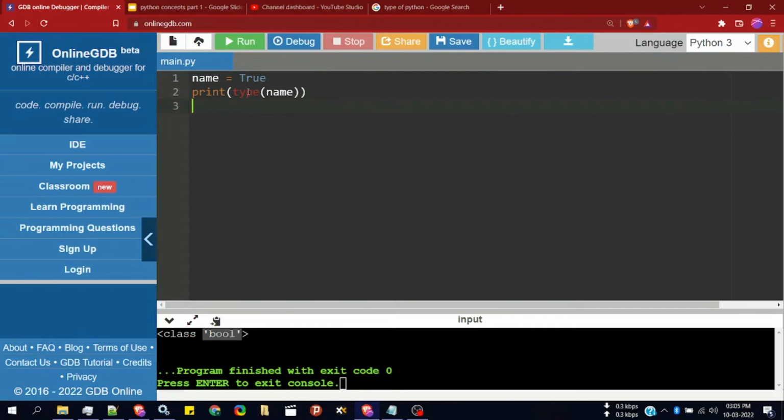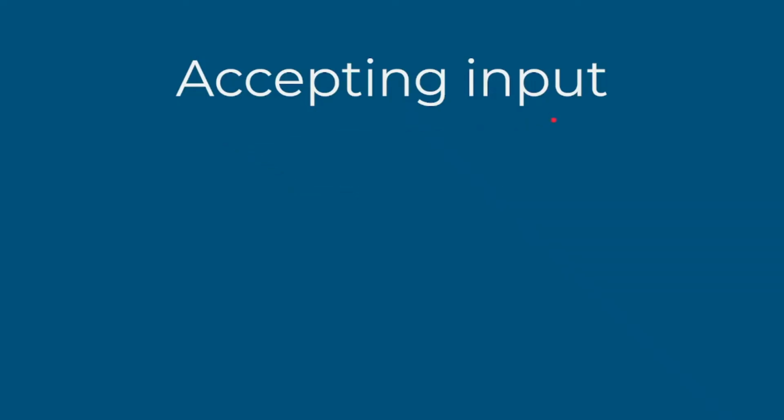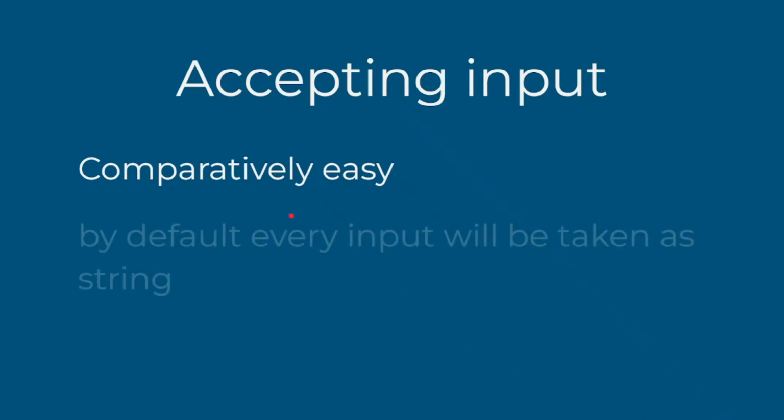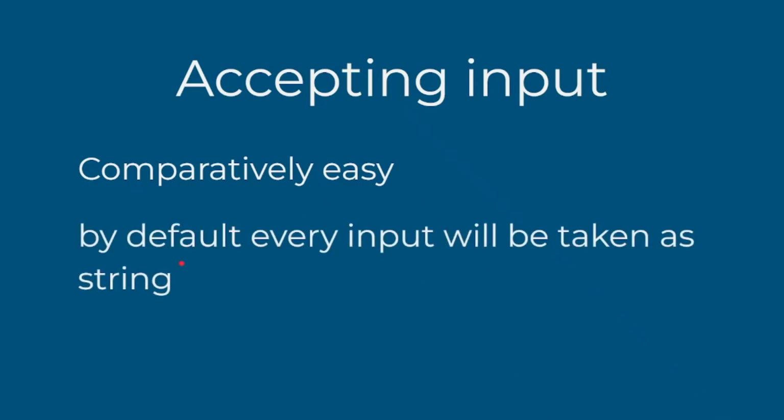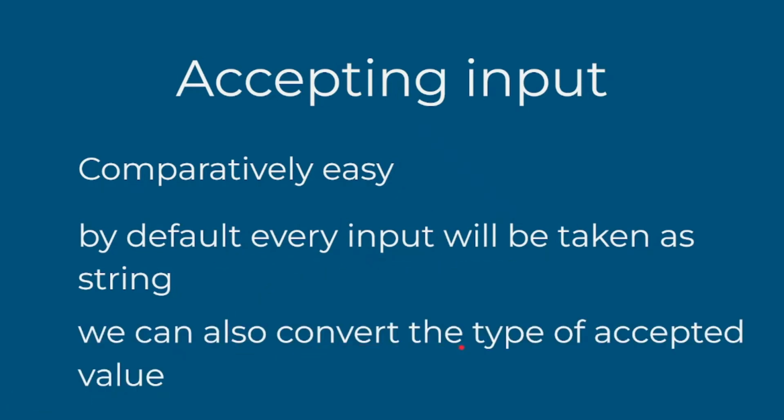Python compiler is automatically assigning the data type to the variable based on the value which we are assigning to that variable. Accepting input. It is very easy to accept input in Python when compared to other languages like C, Java, etc. At the time of receiving the input, by default, every input will be taken as string. If you want, we can also convert the type of accepted value by casting it to the desired type while